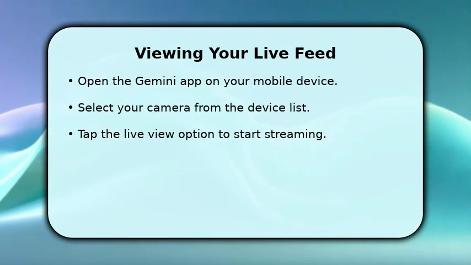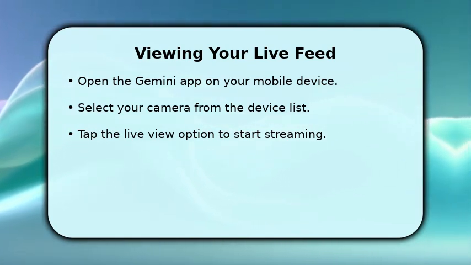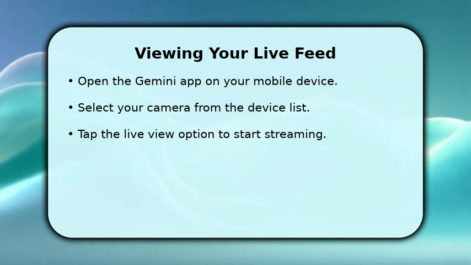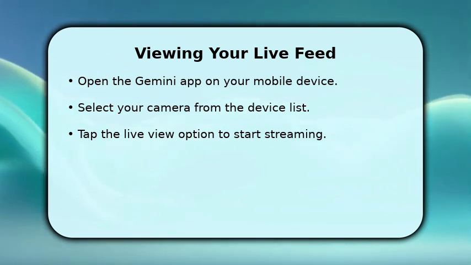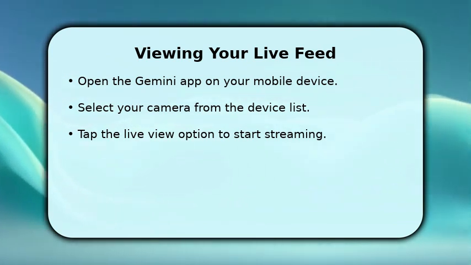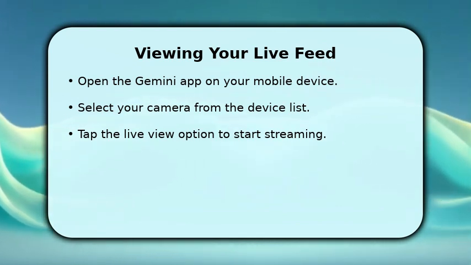Once your camera is set up, accessing its live feed is simple. Open the Gemini app on your smartphone or tablet. Navigate to your list of connected devices and select the specific camera you wish to view. A quick tap on the Live View option will immediately begin streaming, allowing you to see what's happening in real